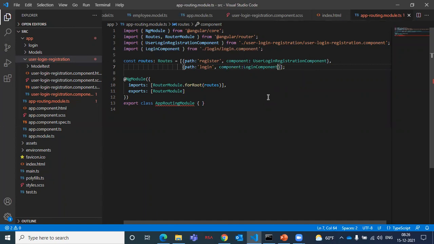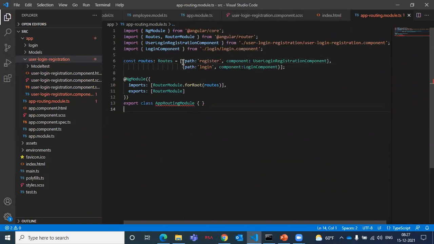So what is the syntax of the route? Routes is a collection, an array, because we have only two collections: one is the array collection, the second is the object collection. The object collection we are not going to use, only the array collection, because in an object collection we can't give the predefined. Here also you need a collection of elements. However many routes I have, that many components I can have. If I specify a particular number of elements, like 10 or 20, in that situation we simply use an array.